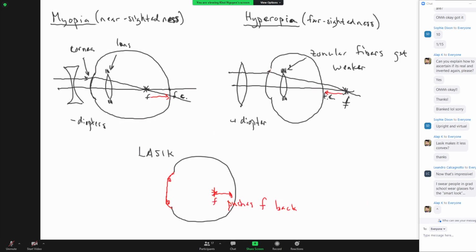So if you think about it, we've gone over 5 devices today, 3 of which are diverging devices: the plane mirror, the convex mirror, and the concave lens. There are 2 converging devices, your concave mirror and your convex lens. And between the convex and concave mirror, you can have both inverted and real. All diverging devices only give you upright and virtual images. Okay. All right. With that said, let me pull up